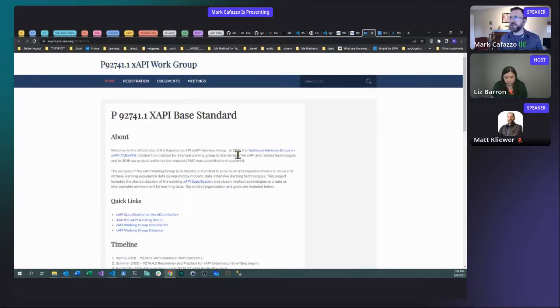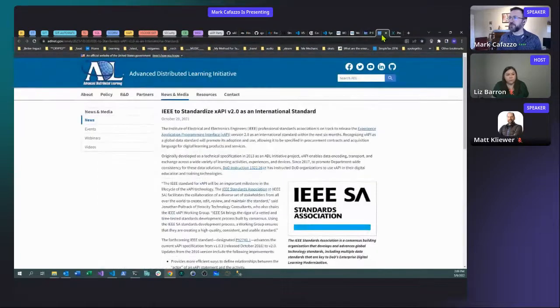What we do have right now is an IEEE xAPI working group to introduce it as a working standard. You see the date here, 2017. It's a long process. ADL has been instrumental in getting this going. I firmly believe in technology standards. It is the way to make sure that something becomes ubiquitous in the marketplace. So if we want to see this take the next evolutionary step, then please consider,